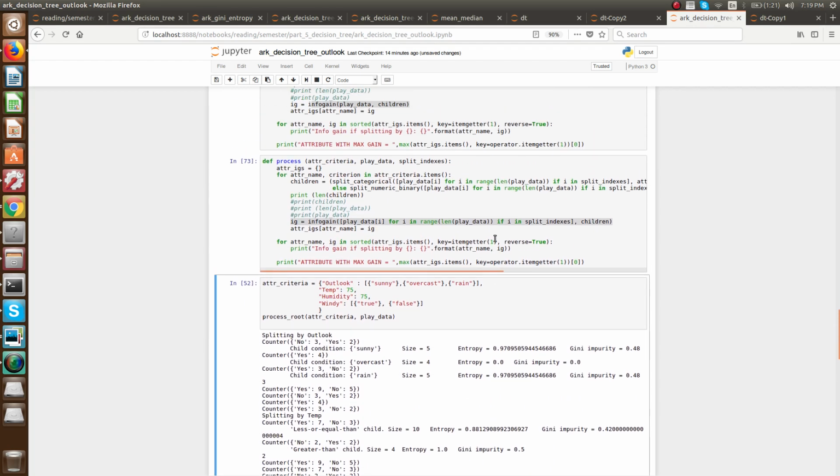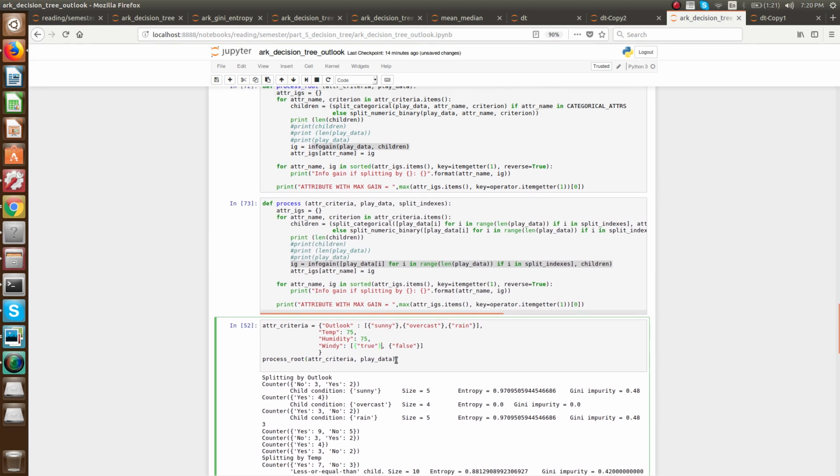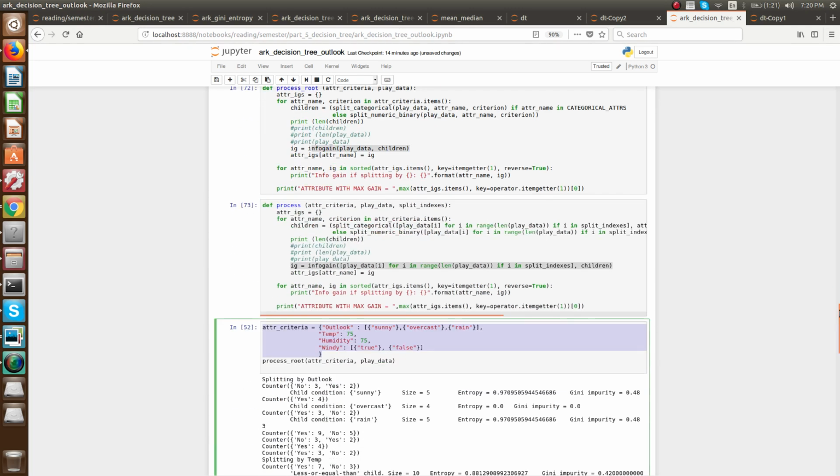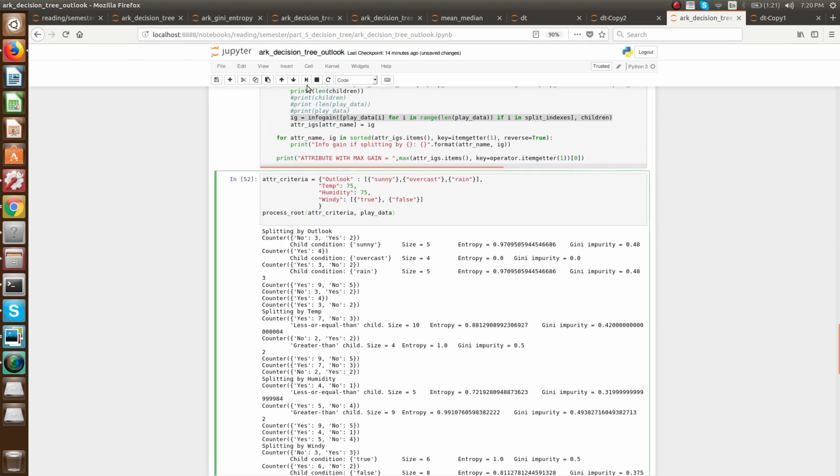And here he has not given any root node, right? So we need to calculate the root node. To calculate the root node, we don't need to have any split criteria. I have told that I have written two functions, process root and process. So you need to call the process root function here, because we need to find the root node. And the attribute criteria is just like that, whatever we wrote over here, copy over here. Okay, and if you run it,